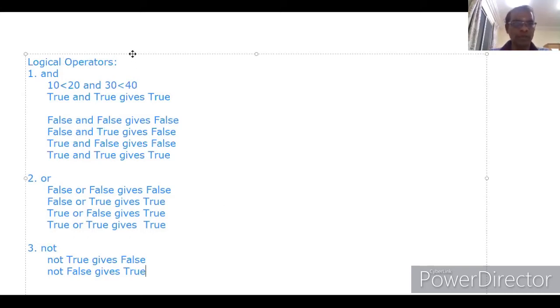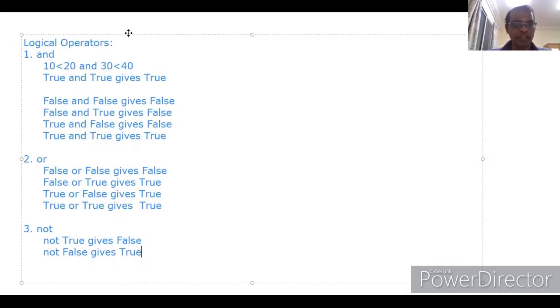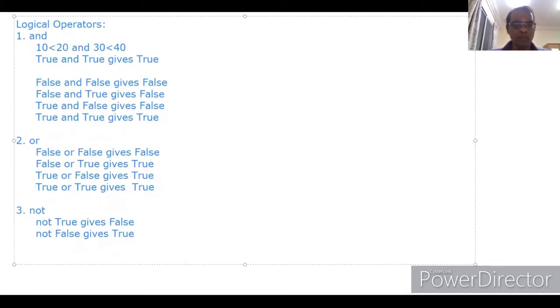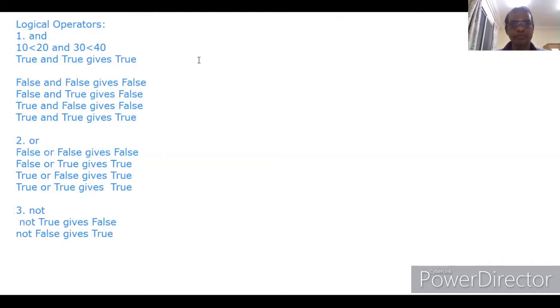In addition to that, I would like to teach you one more concept, the input statement. Already we know the print statement. The print statement is used to display the item within an open bracket and a close bracket.